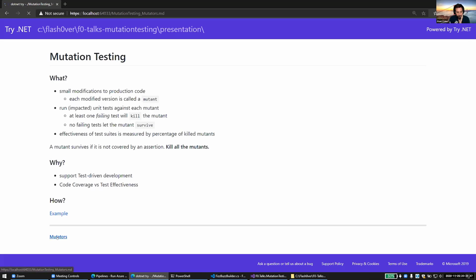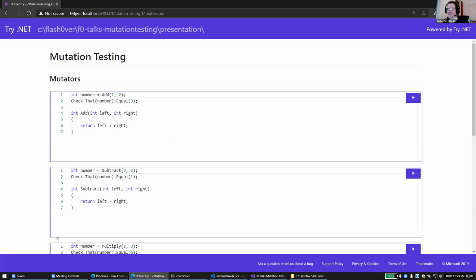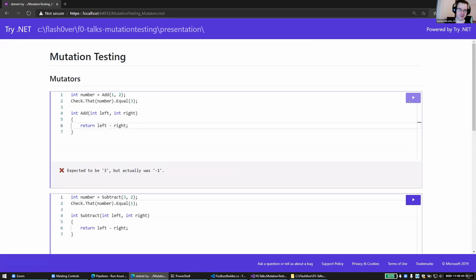So how is mutation testing done? I have here a little example of a calculator. At the top, we have our test code. We add 1 and 2, and we expect the outcome to be 3. Below is the production code, and now mutation testing comes along and sees this add operation and mutates it. It creates a mutant, changing this into a minus operation. Now it runs all the tests, or at least all impacted tests, and expects at least one test to fail. And indeed, one test is failing, which in this context is good because